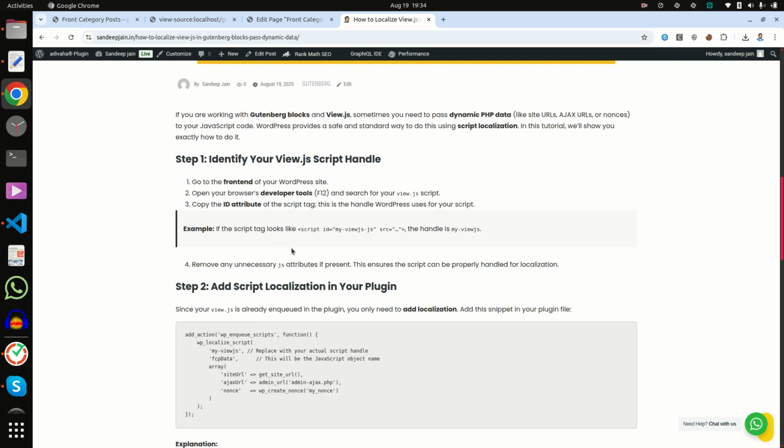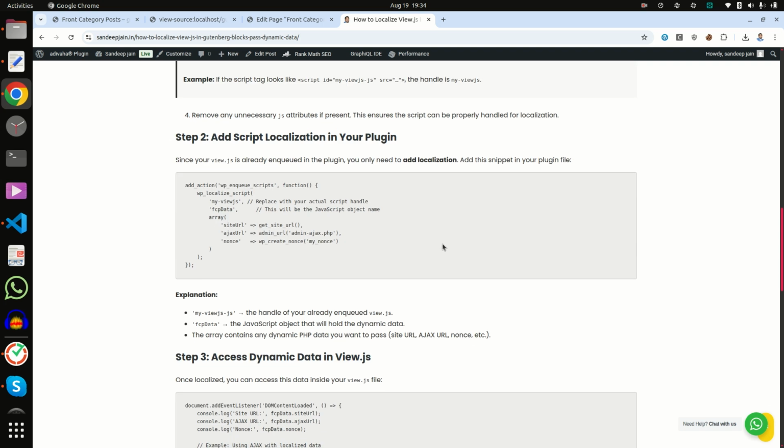Here I also explain: the script tag looks like script id my Vue.js, so the handle will be my Vue.js. Remove the unnecessary JS attribute if present. Now in step 2, since our Vue.js is already in the queue, it is not necessary.